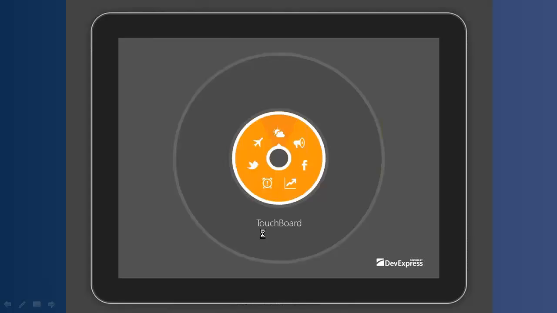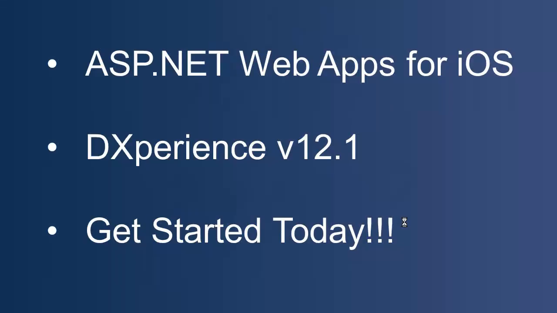Now, let's go back to slides here. So we just took a look at the home realtor there and the new project. Now let's do a quick recap so we can address all your questions. First, the ASP.NET web apps for iOS allow you to easily get started, and this was by design. We wanted you to take an experience that works today and say, how do I take what DevExpress has built that's got the nice look and feel to it, and then start customizing it from my data, from my needs, from my own views. So I highly recommend you download our trial today, get started with it, and play around